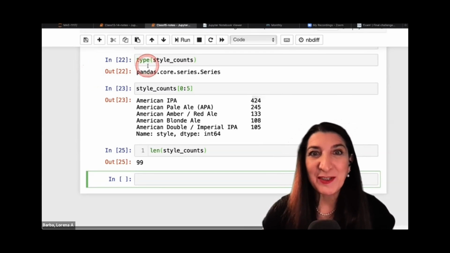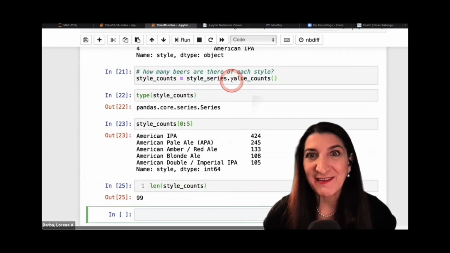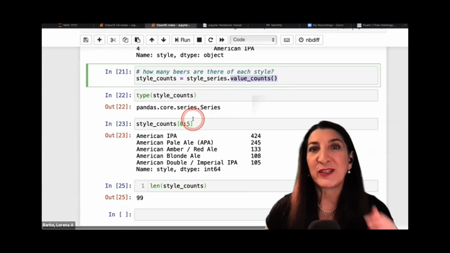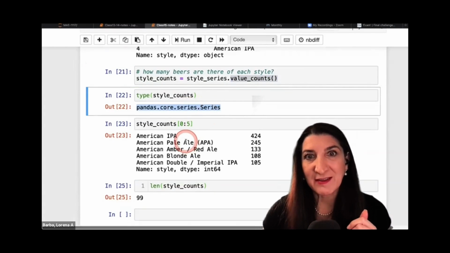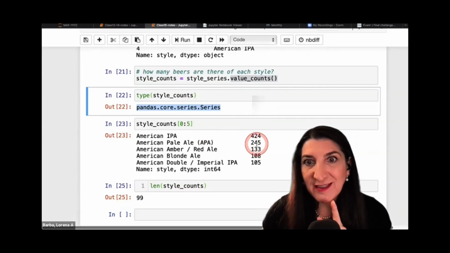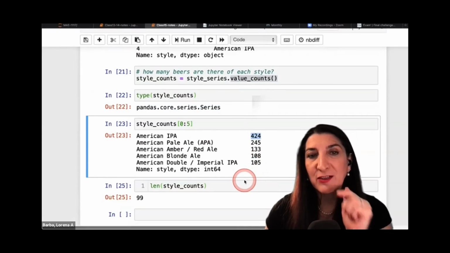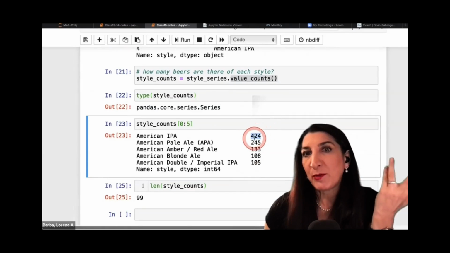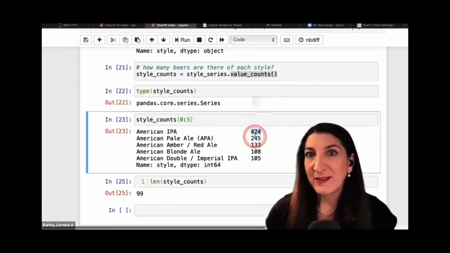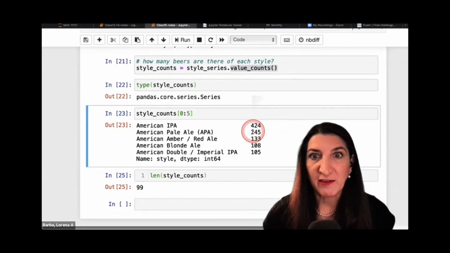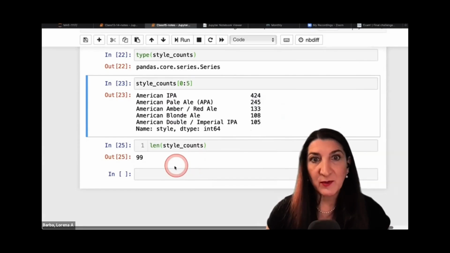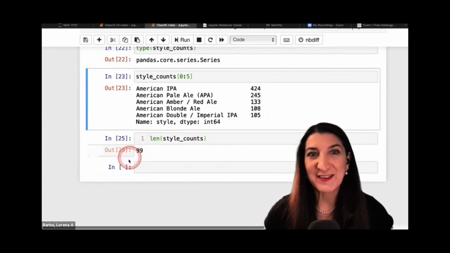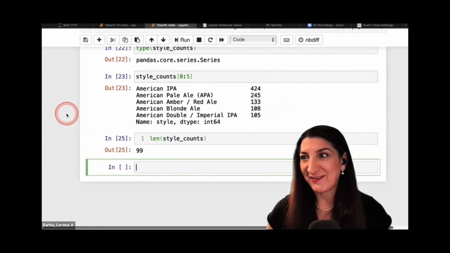And so it's important to notice here that value counts returned a series. Here it is, a Pandas series. And another thing to notice is that it is sorted. At the top row is the beer that is most popular in our data set. So the next most popular, 245, a long way off, is American Pale Ale. Then the final thing that we can do is get the bar plot of those